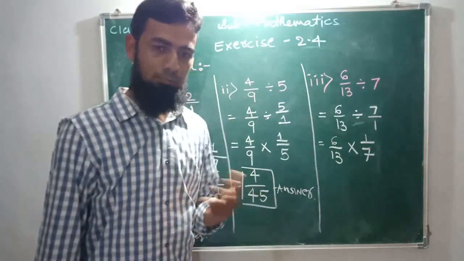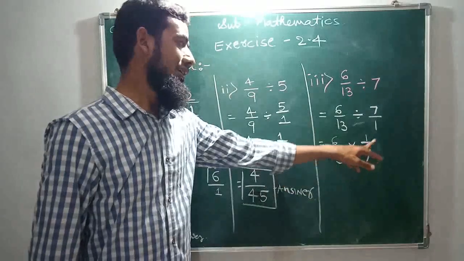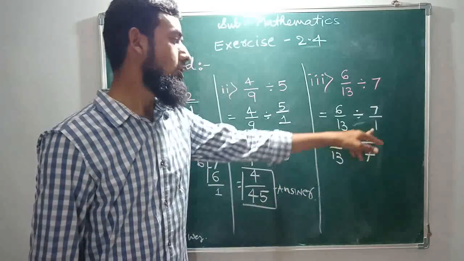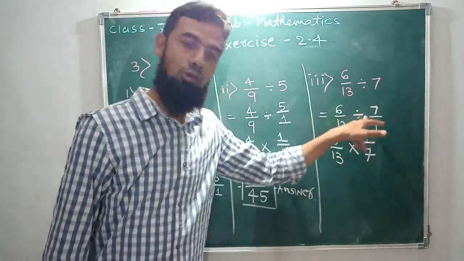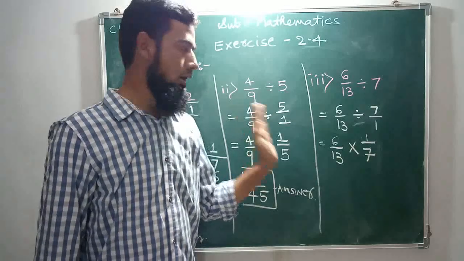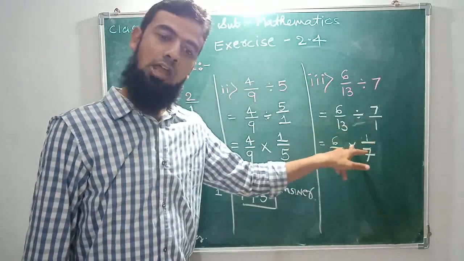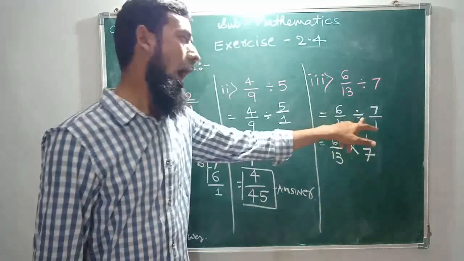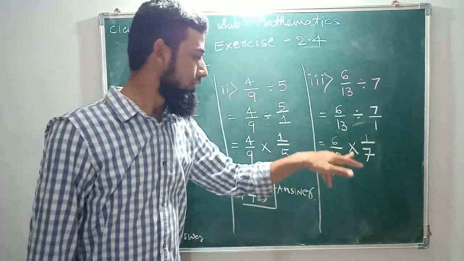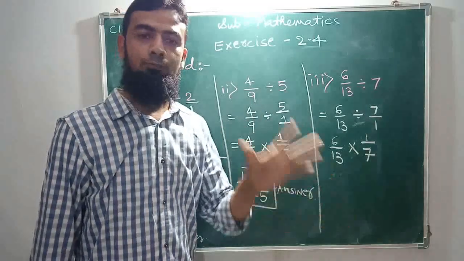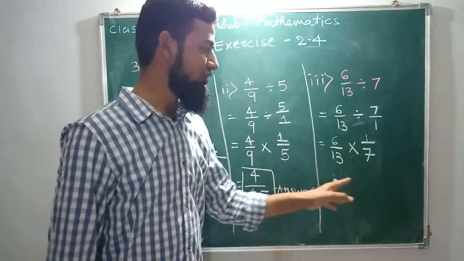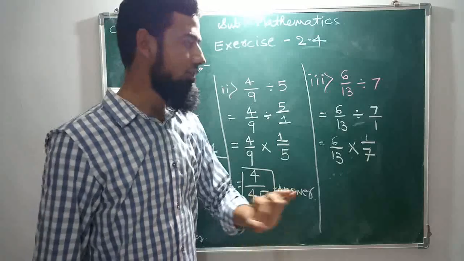बेटा मैं बार बार रिपीट कर रहा हूँ कि अगर डिवीजन सिंबल को मल्टीप्लिकेशन सिंबल में कन्वर्ट कर रहे हैं, so changing places denominator to numerator and numerator into denominator, this thing you should keep in your mind. डिनोमिनेटर एनुमरेटर में चला जाएगा और एनुमरेटर डिनोमिनेटर में चला जाएगा। This is a very important concept. It will help in standard 8 to 10, so it is your basic.